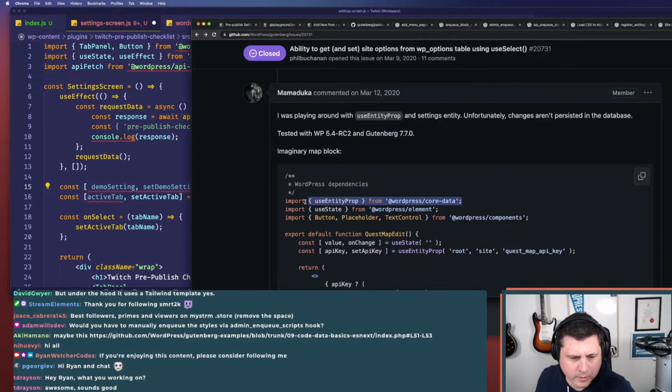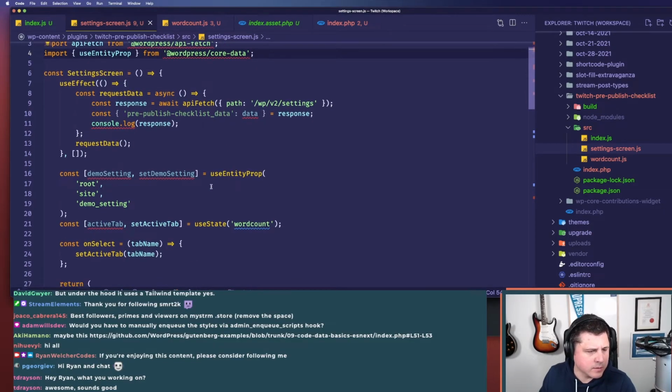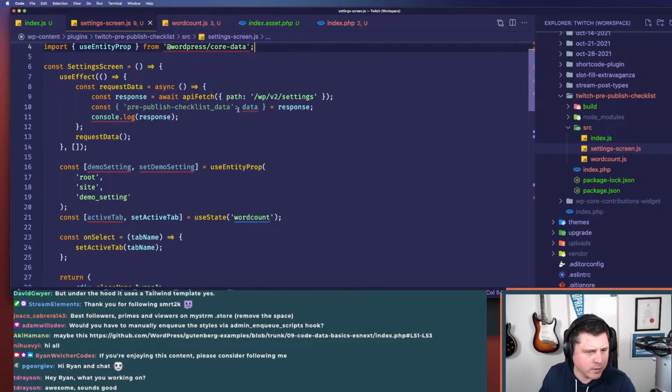Oh, core data. Okay, I'll pull it in from there. So it's core data, and then what do I do here? Site, and then what do I call this thing, right? So if I just,